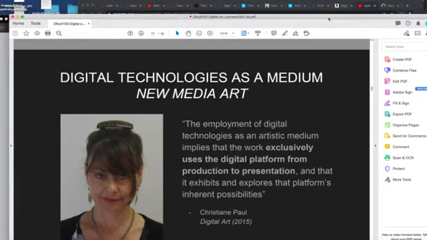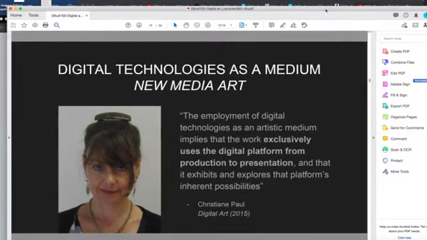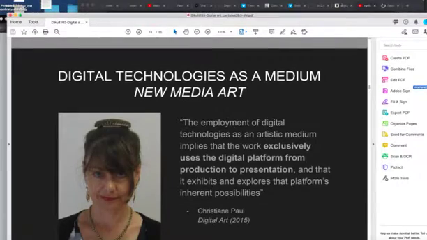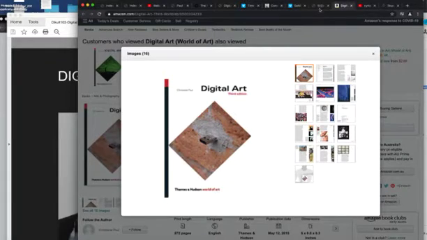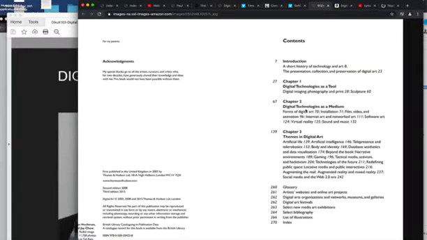All right. So I am going to stop it there because we're reaching the start of chapter 2, which is digital technologies as a medium and new media art. Again, that would be here. So we'll pick it up then on Monday. But this is just a brief little introduction, a little discussion of some of the select